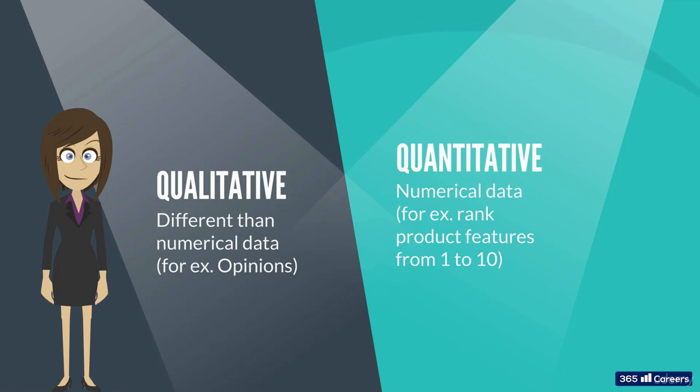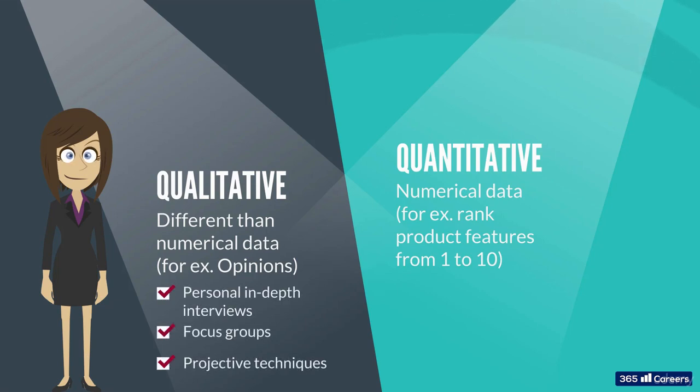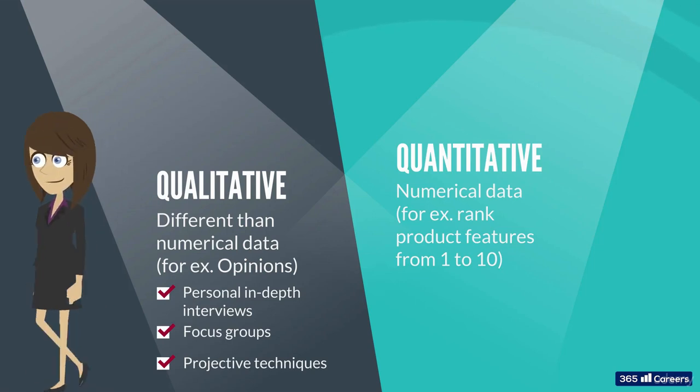But if they fill an online survey and rank product features by importance, assigning a score from 1 to 10, that's clearly quantitative data. There are a few ways to collect qualitative data. We can do it with personal, in-depth interviews, focus groups, or the so-called projective techniques. In-depth